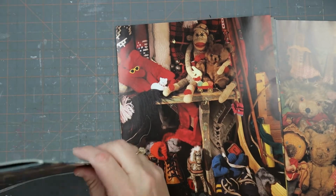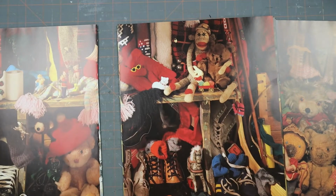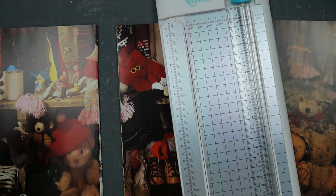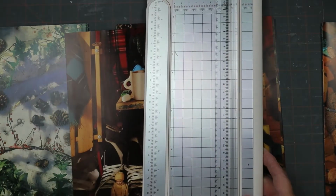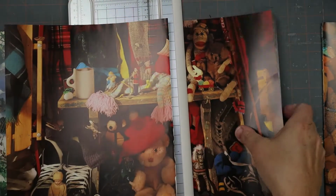All right, so what I'm gonna do, this is a full signature. This is a full signature. Okay, so